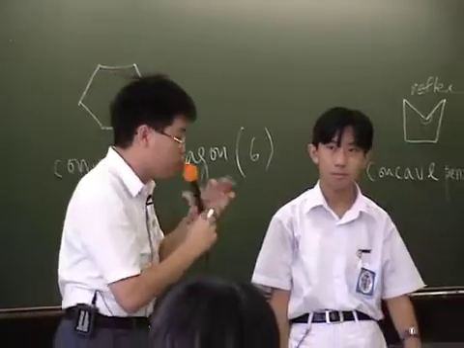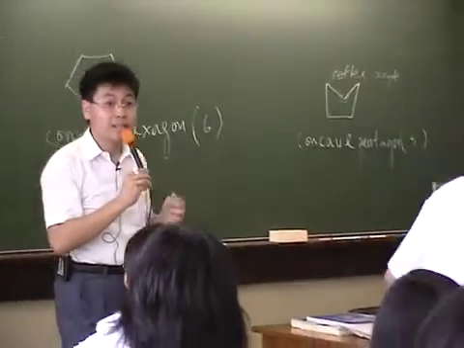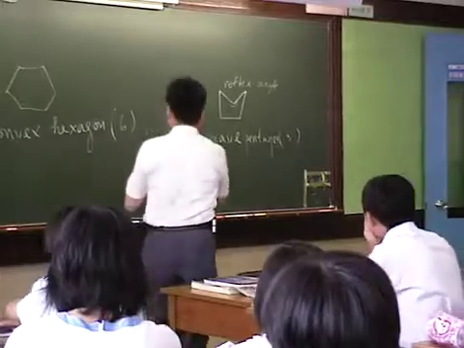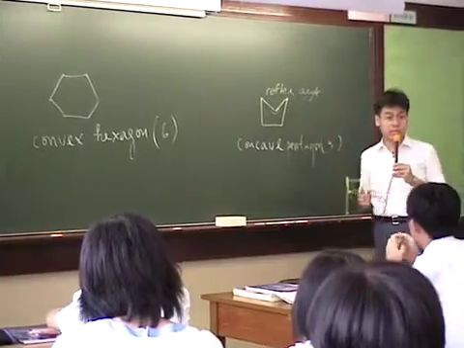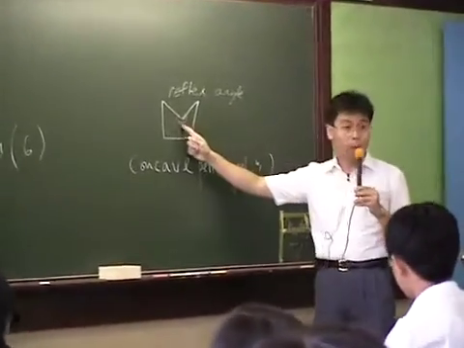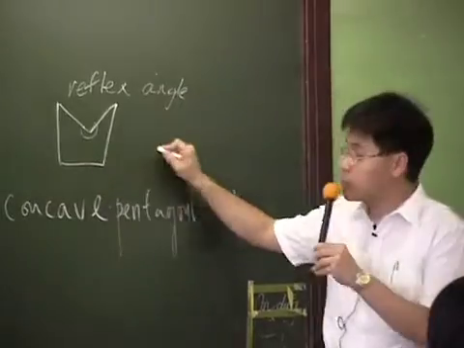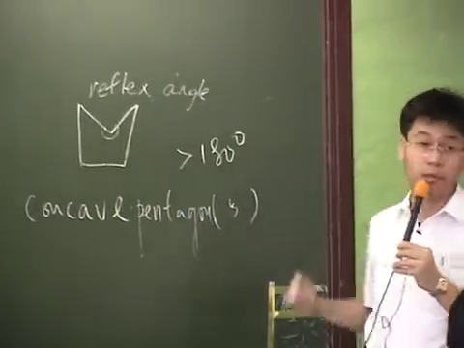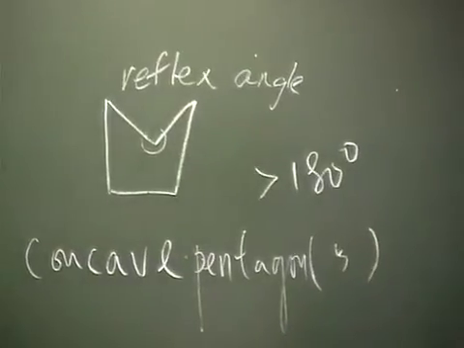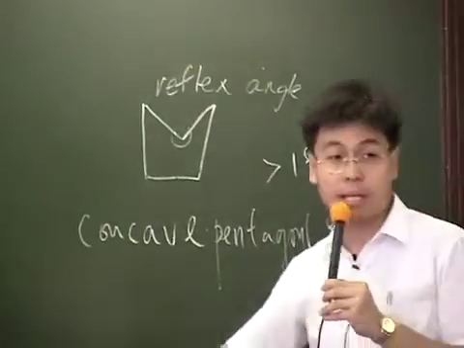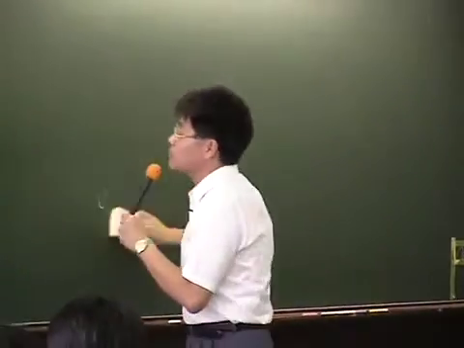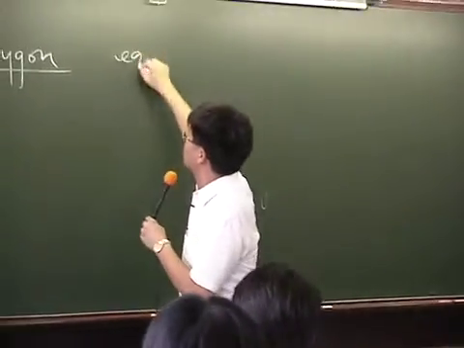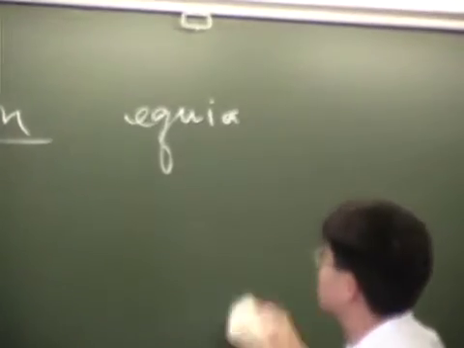Okay, what is the difference between convex polygon and concave polygon? We look at the concave polygon. At least one or more of the interior angles is greater than 180 degrees. We call it a concave polygon. Understand? But in this chapter, we don't discuss the concave polygon. We just discuss the convex polygon. Okay? Another thing you have learned in Form 1.